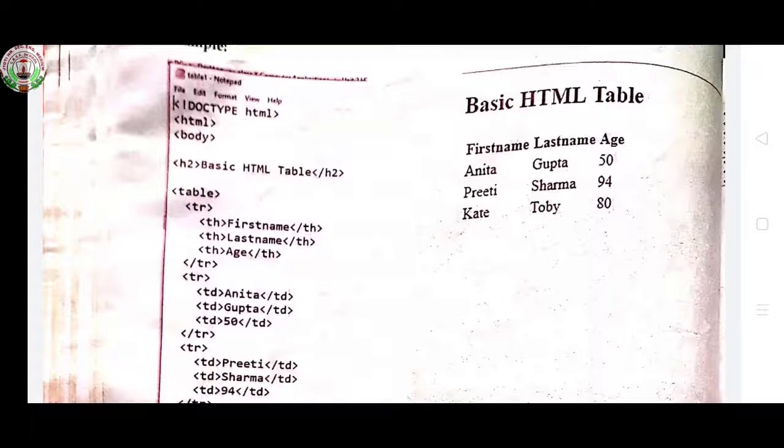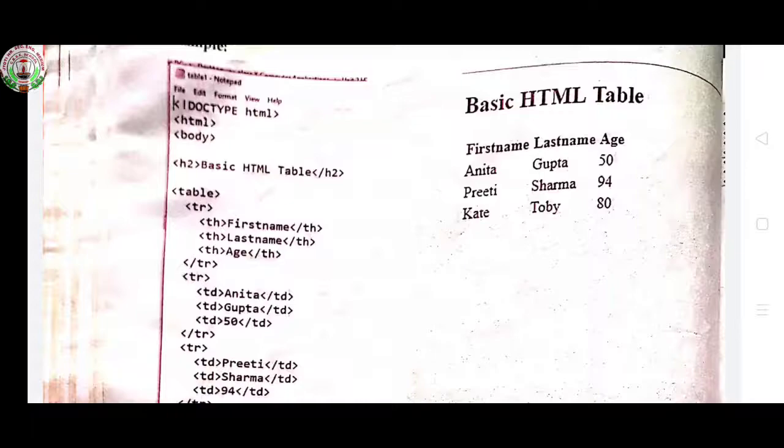Table tag. Then next is tr. TR means table row. Inside the table tag comes tr, then after tr, th means table heading. The output is also given: first name, last name and age are headings, so these three names are written in th: th first name /th, then again th last name /th, th age, close th, then close tr. The first row is completed.